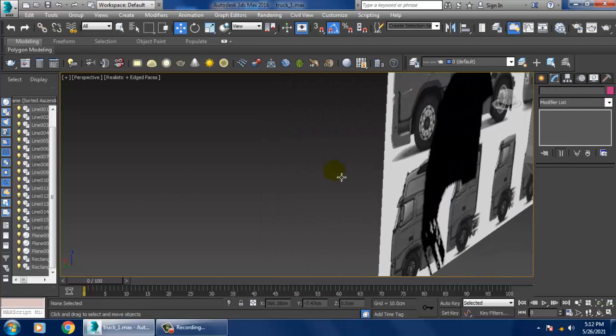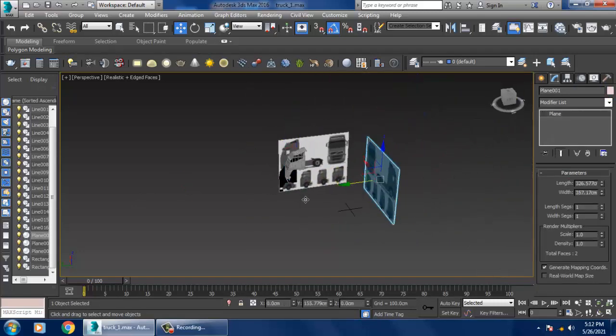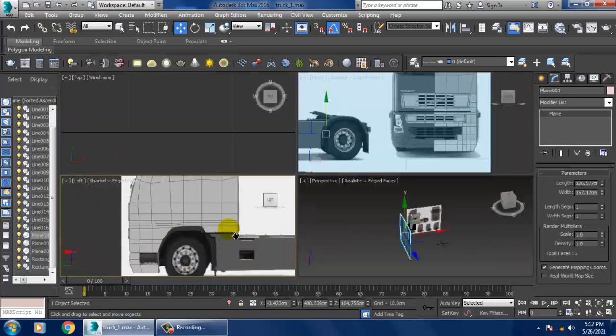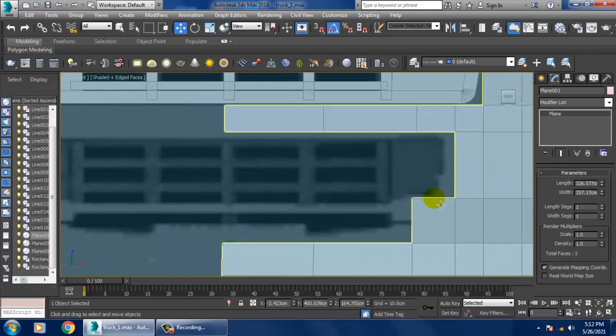After that, let's again go into the front view section over here.